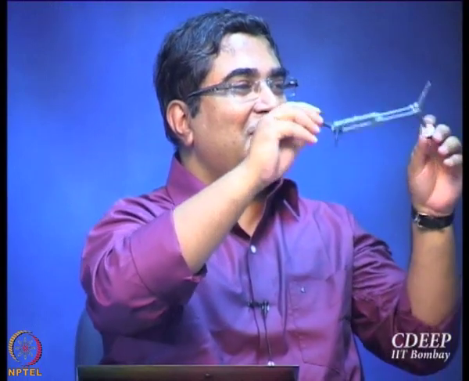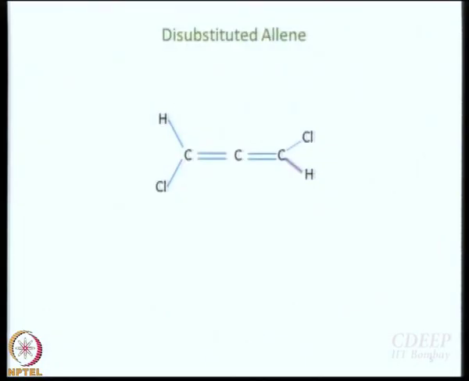If an organic chemist has to do it, maybe it's not all that easy. For me it is very easy. I just have to put in 2 white spheres. So now let us say this is the case. This is hydrogen, this is chlorine or some such thing. Okay? Substituted allene. E is there. Is there anything else?